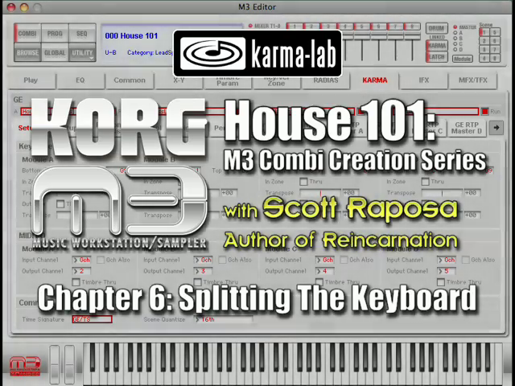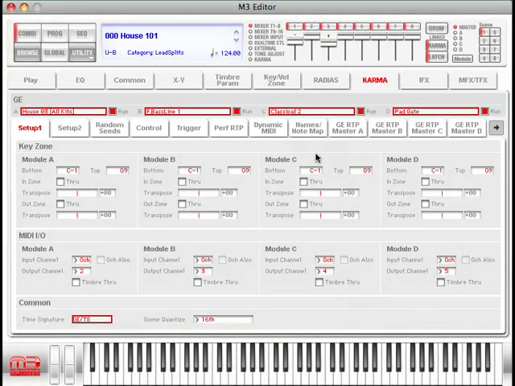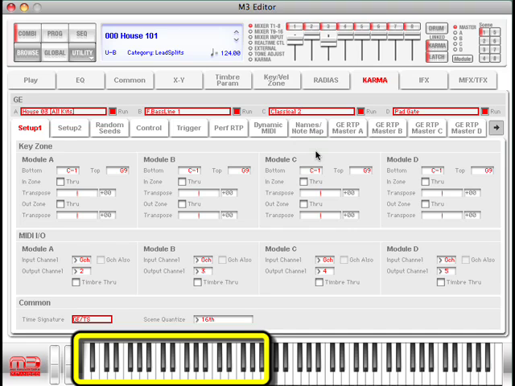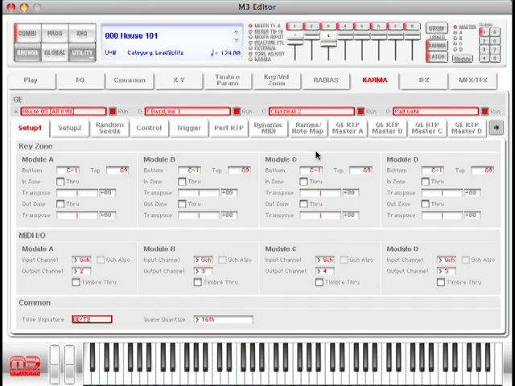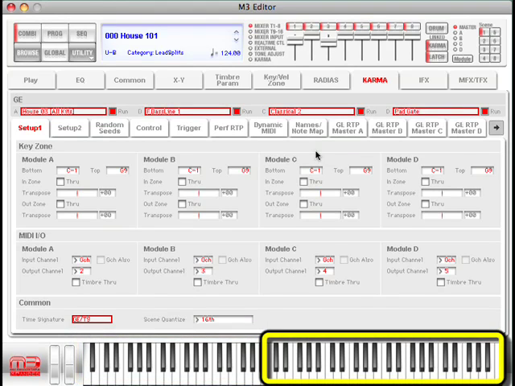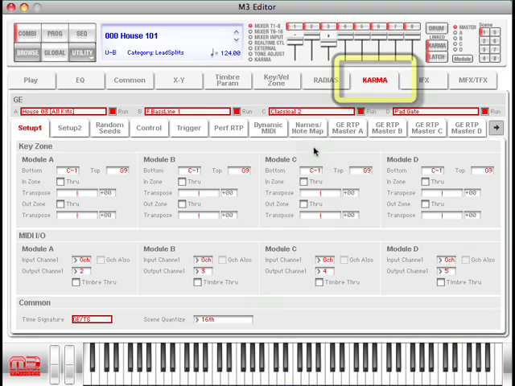All right, welcome to Chapter 6. This is where we are going to split the keyboard so that we can play with karma and play with our rhythm groove here on the lower end of the keyboard, and then we can solo on the upper end of the keyboard. So the first thing we need to do here is here in the karma tab, go to